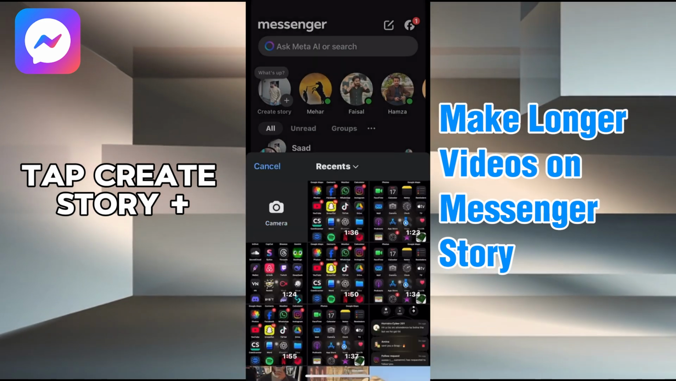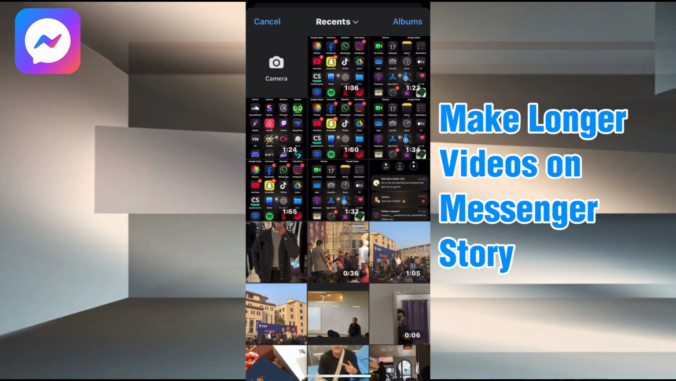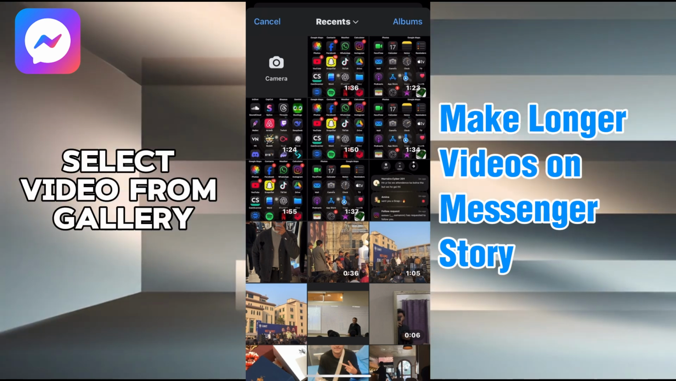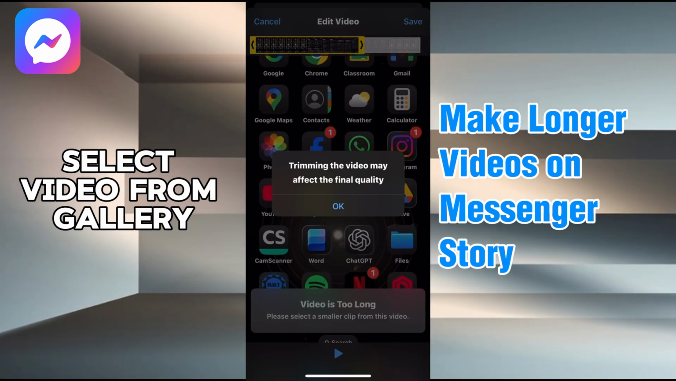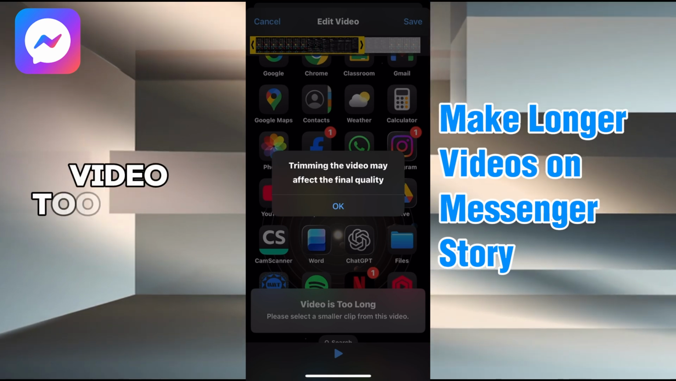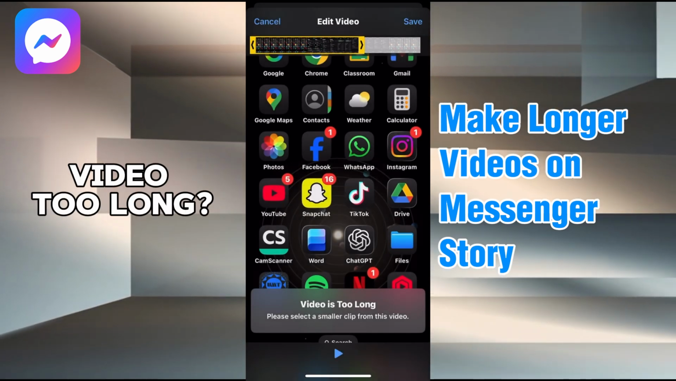After tapping Create Story, your gallery will open. Now select the long video you want to upload to your story. Messenger will tell you that long videos cannot be uploaded as a single clip, but don't worry, there's an alternative